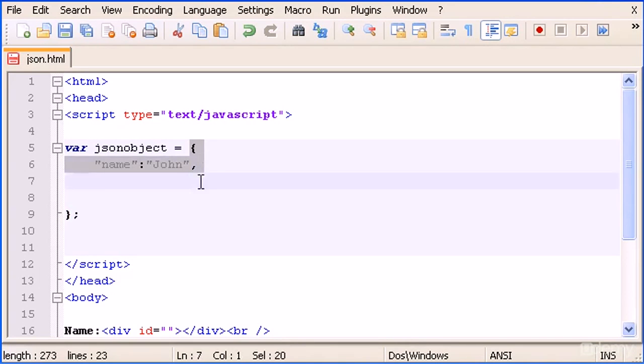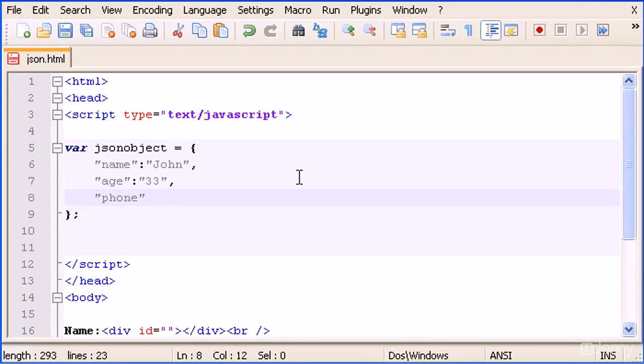This is a full object of JSON. As you can see, this is pretty much like an associative array in PHP, where we have a name or an attribute and a value to it. Normally in PHP we would type something and then use this symbol to put a value to it related to this name or attribute, but in JSON we do it this way. So now we type age and 33, separated by a comma, and now let's do phone, double quotes, and type whatever you want, blah blah blah. Okay, comma. Now let's save this,